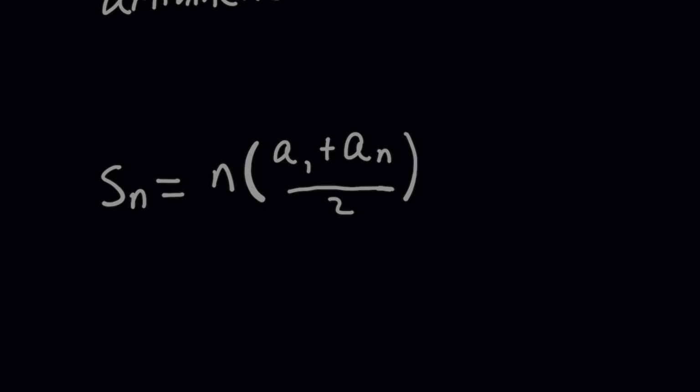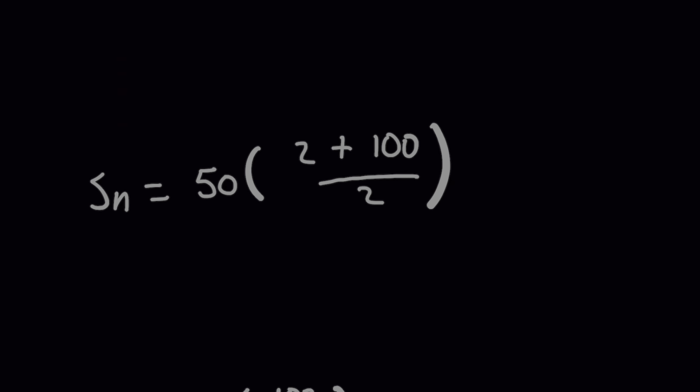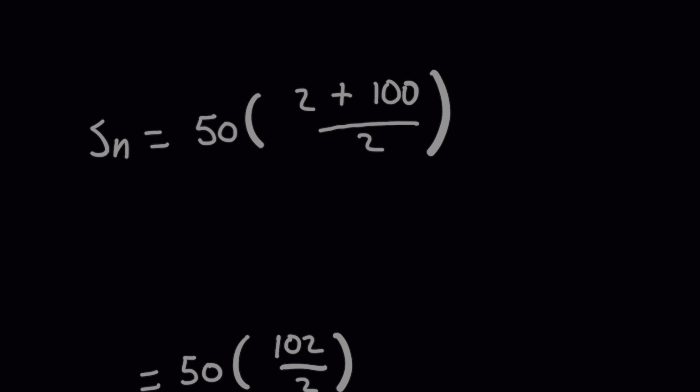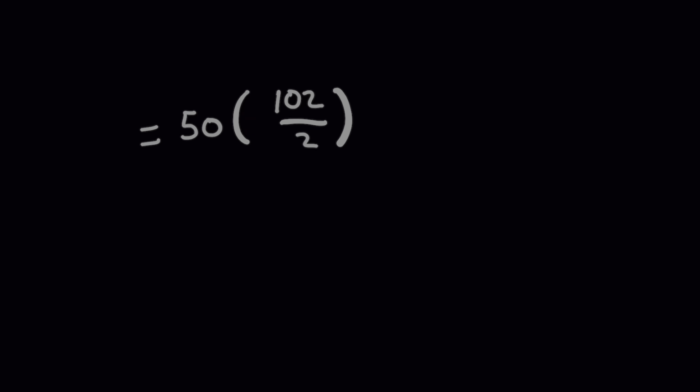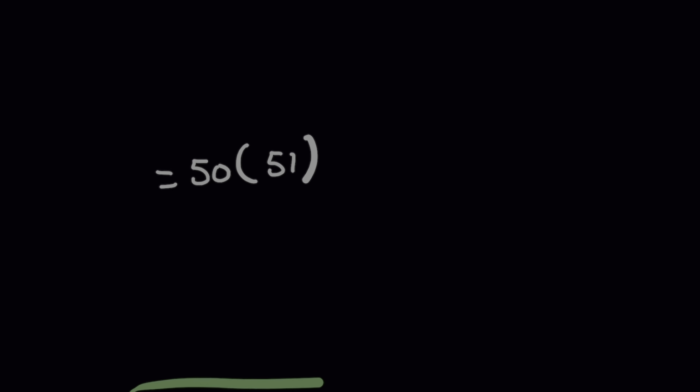And then when you plug in everything, it works out really nicely, because on the right-hand side, we have 50 times this fraction, which is going to simplify to 102 over 2. And by inspection, we know this is easily going to be computed as 50 times 51, giving you this